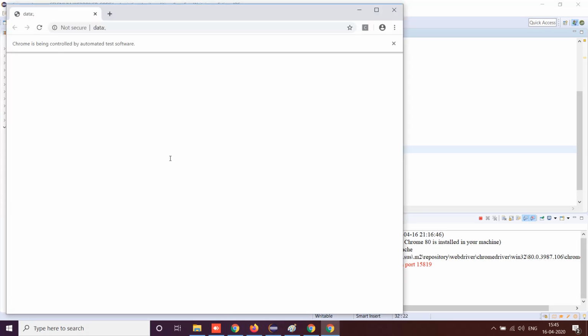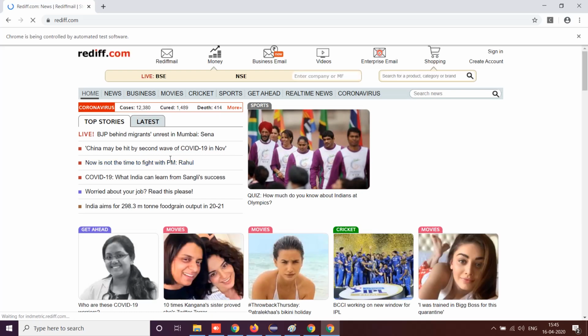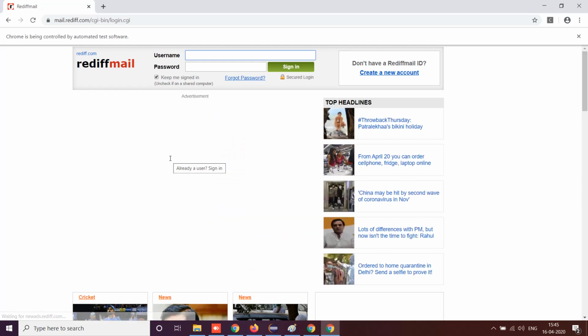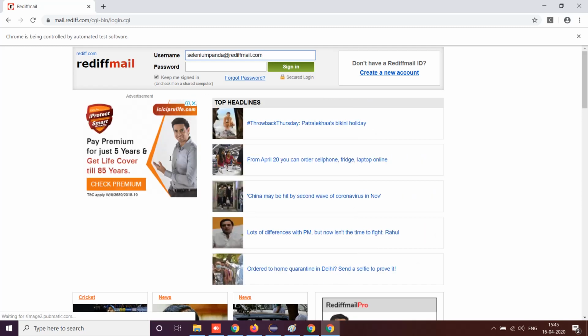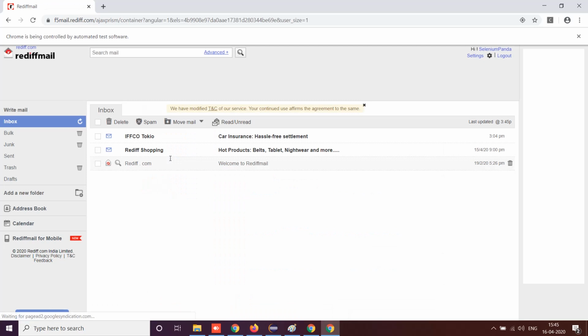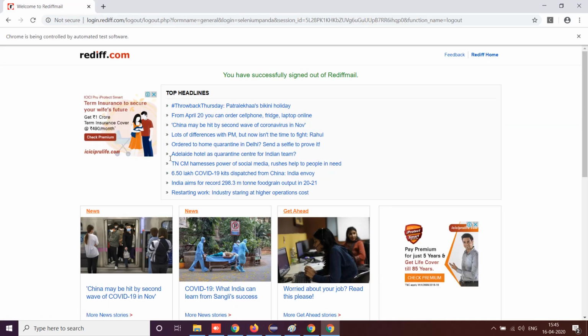Now Selenium will wait for 2 seconds by default to run this code. See, it will click on sign in, and then it is not writing, it will wait for 2 seconds. Now it wrote. Again it will wait for 2 seconds. Then it will use the password, again wait, and click on sign in. It waits here. After 2 seconds it will click on logout and then it comes out. See the timing, it waited 2 seconds each time.